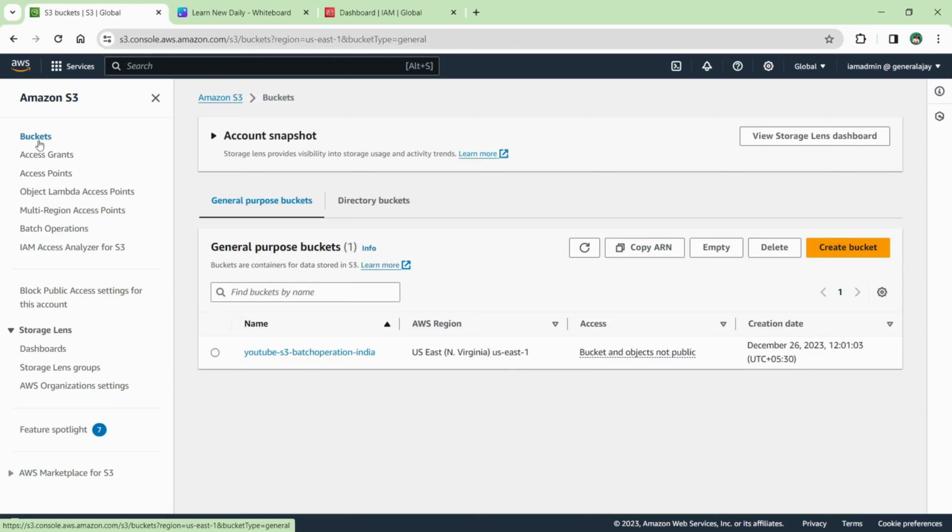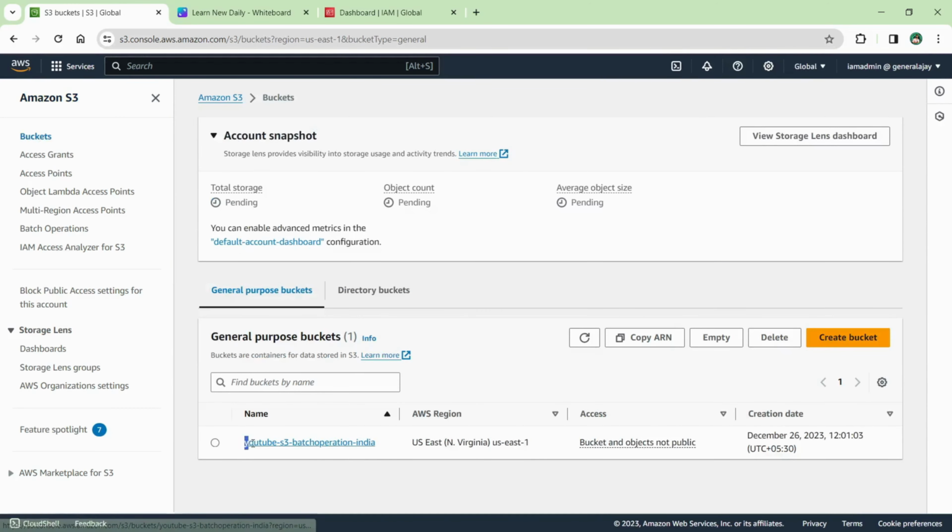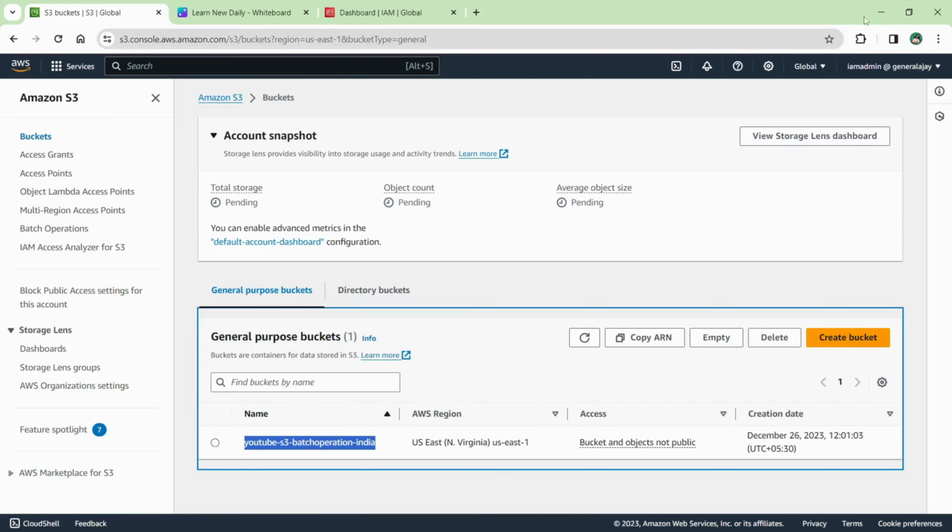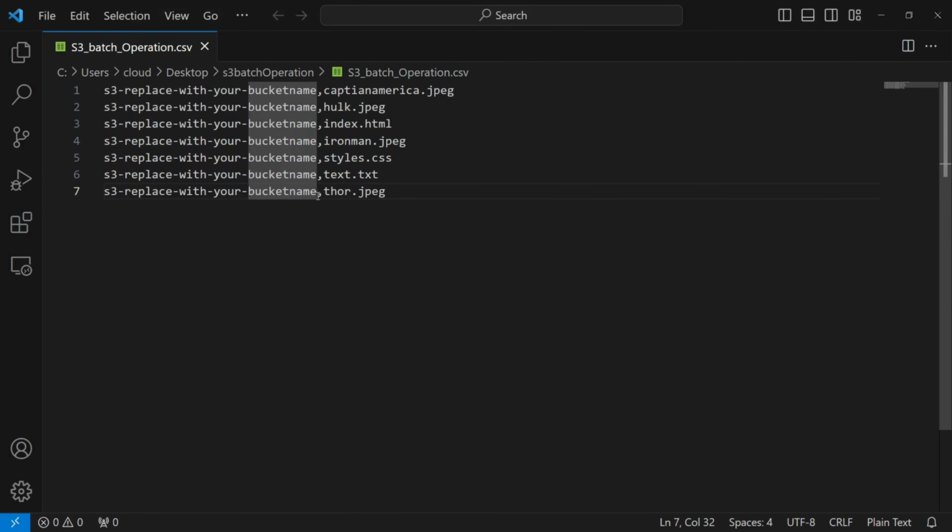Go inside the bucket, copy the bucket name, and update this file. You have to replace it with the bucket name for all entries. So you have to give your own bucket name, and you have to save. After saving this file,